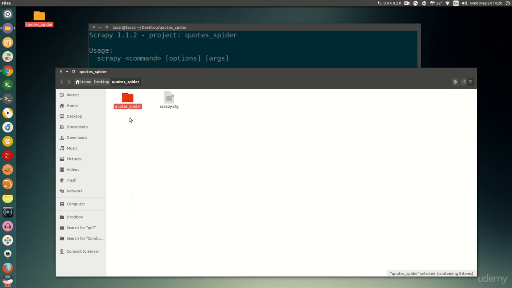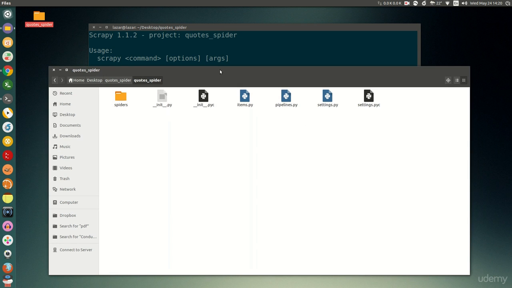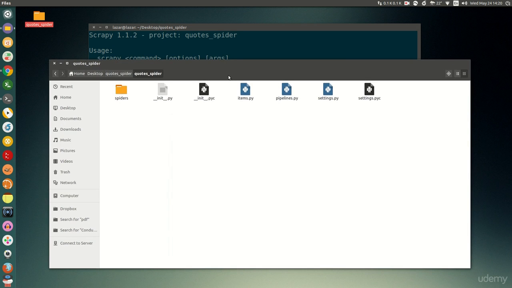The very next thing that Scrapy will generate is the folder named after the project. Here we have a bunch of different files, which will also be covered in more detail later on: init.py, items.py, pipelines, and settings. These are fairly simple and beneficial whenever you want to create more complex Scrapy spiders, especially the settings.py file, as you will see throughout this course.